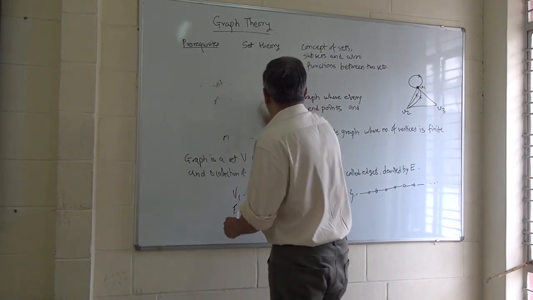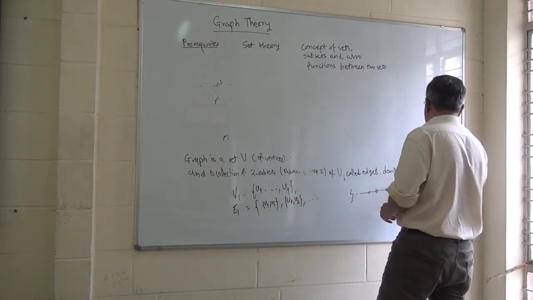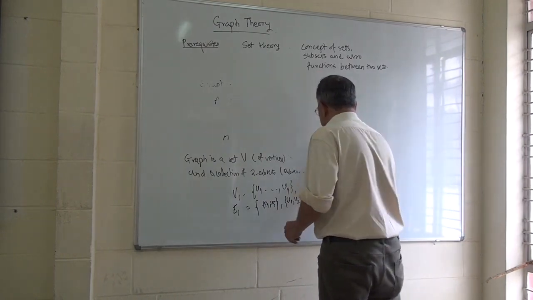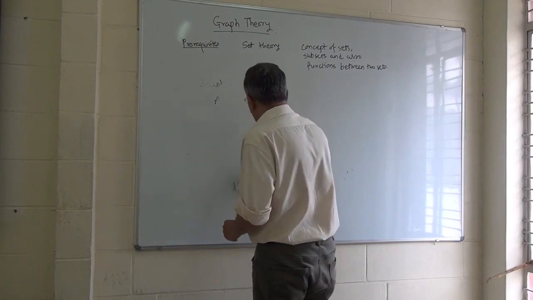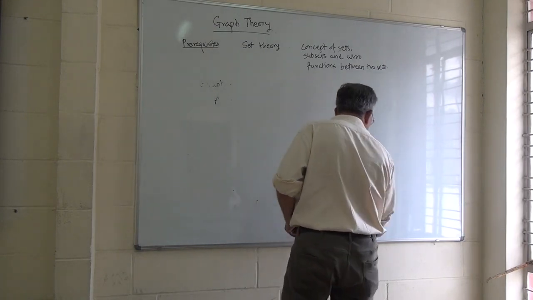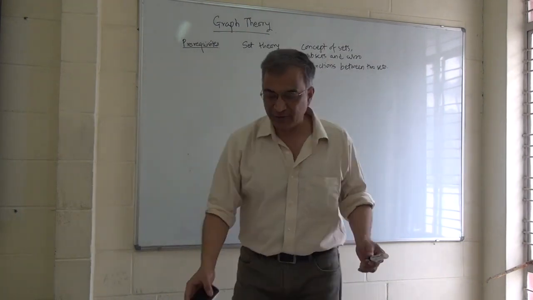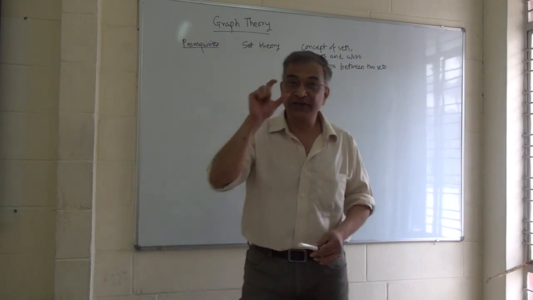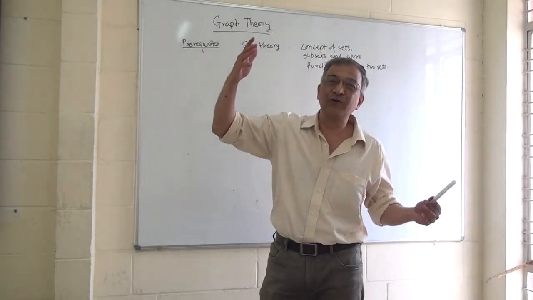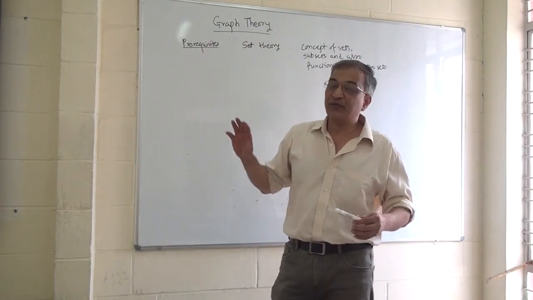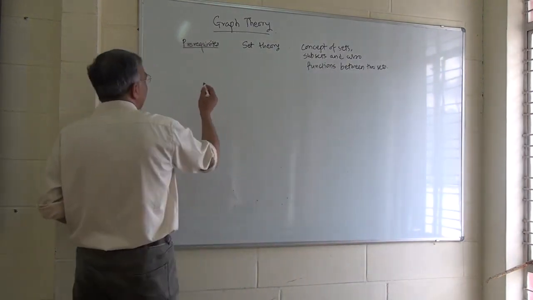Okay. So now, what kind of questions can be asked in graph theory? This is the first point I want to tell you. The first question that comes to mind is how many distinct models are there for the same graph? Given the graph, now you know a graph is not just one picture, but actually a set of vertices V and a collection of 2-subsets. Given that, in how many different looking ways can we pictorially draw it? So that's the first question.